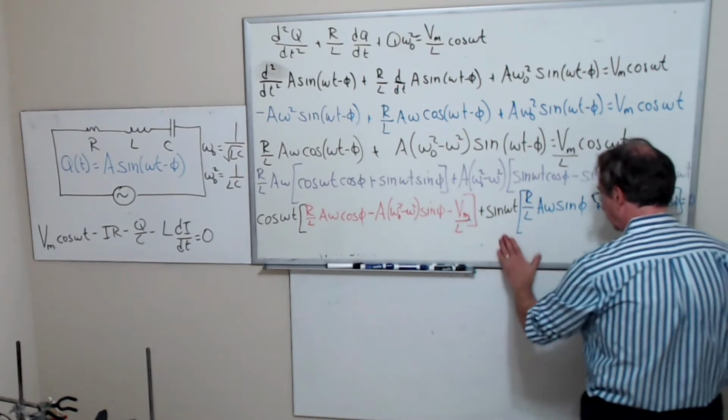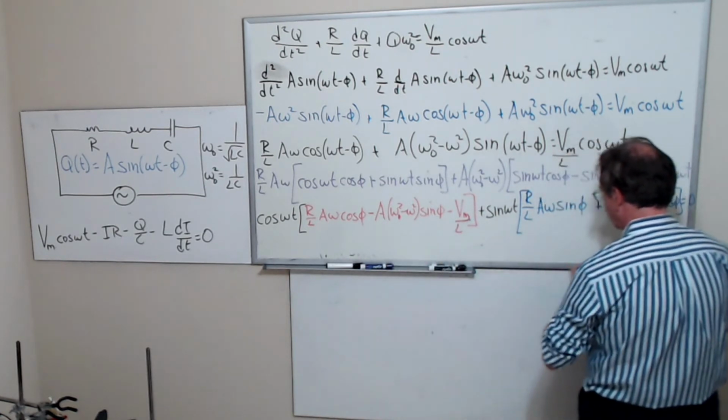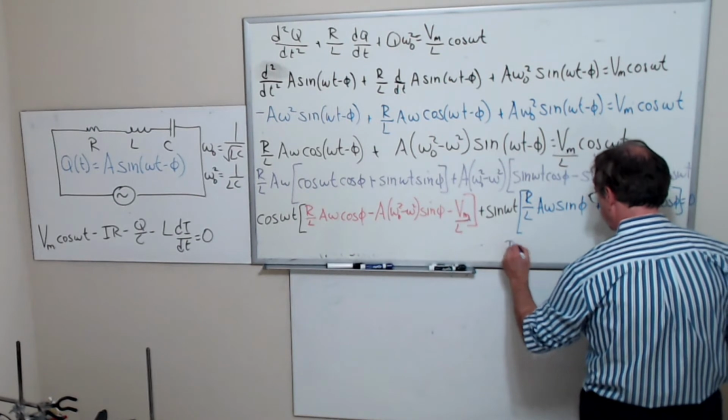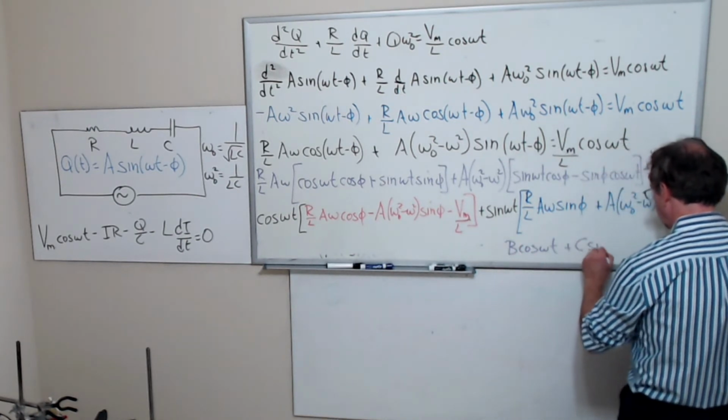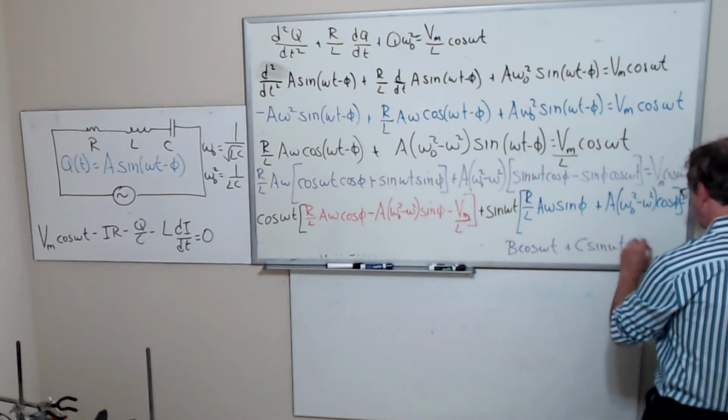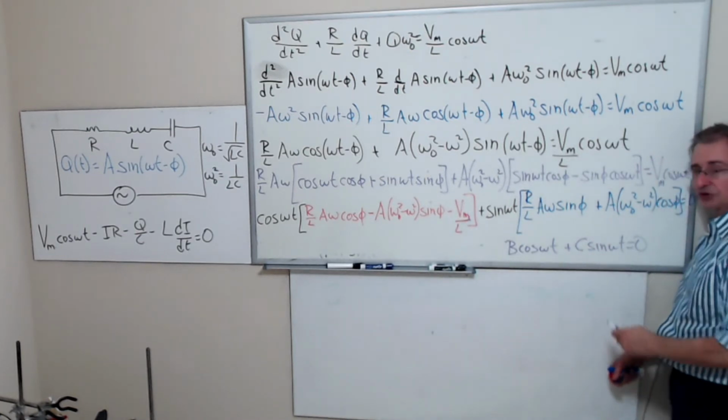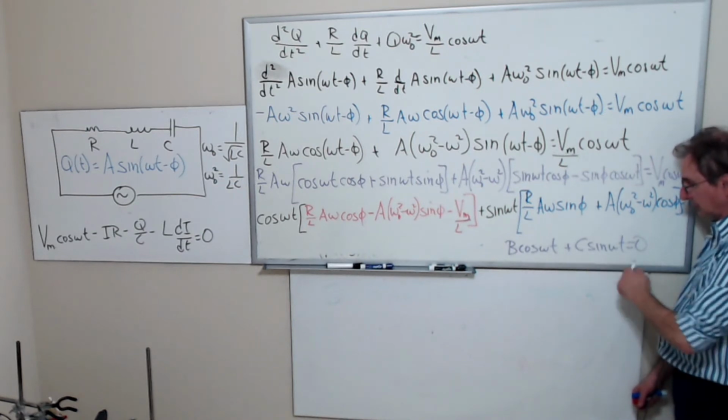I'll use a different color. Imagine this equation. If this was always true, if this is always equal to 0,